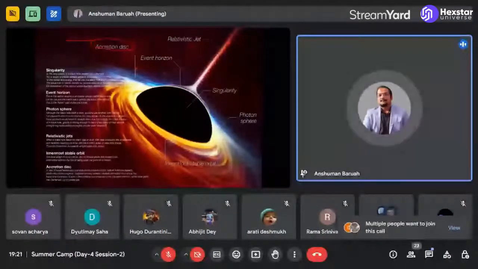And some of this accreting material, some of this material orbiting the black hole, might be thrown out of the plane of the black hole at very, very high speeds. This is what we call a relativistic jet. There is also a very interesting region called the photon sphere near the black hole, which we have also been able to verify. If anyone is interested in knowing this, we can discuss this at the end of the talk.